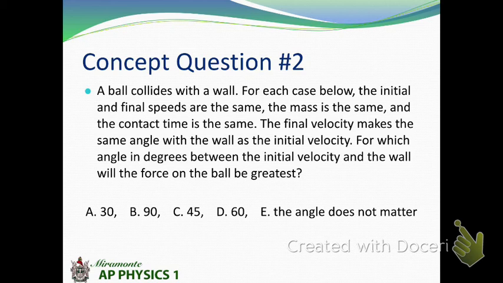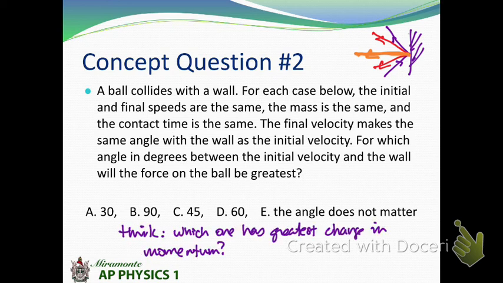In other words, what this is saying is, if you have a wall and you shoot a ball in and it bounces off at the same speed, which one is going to have a greater change in momentum? That one, or maybe this one, where it comes in at a steeper angle? What does your intuition say? 90 degrees would be like this. It would be like, woo, coming straight in and going straight back out again. Which one's going to have the greatest change in momentum? So intuitively, maybe you would come up with the fact that the answer is 90 degrees, or B.